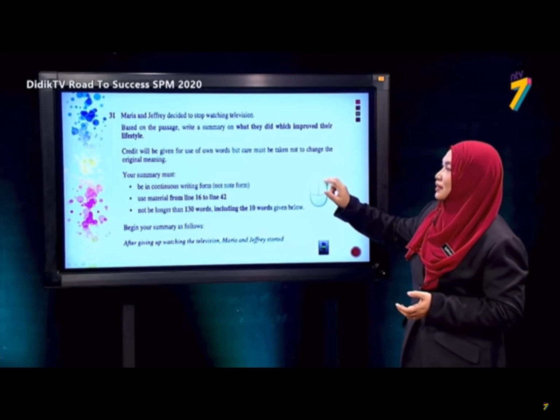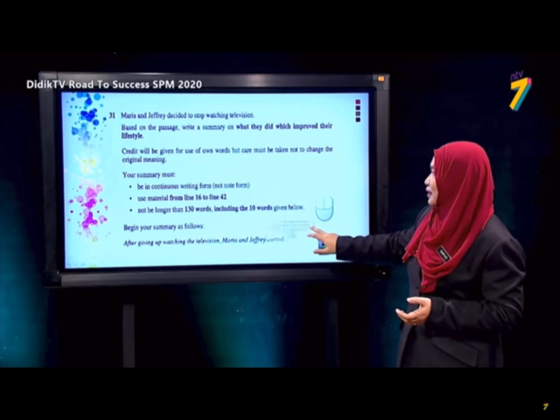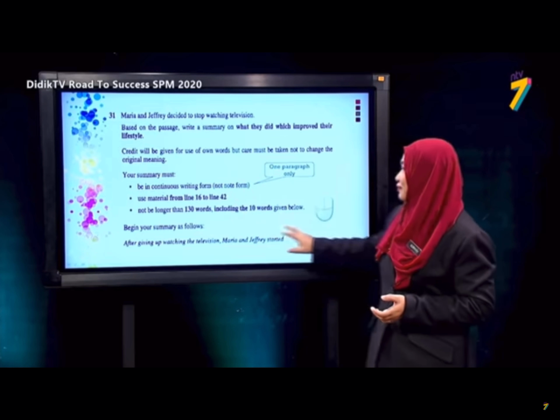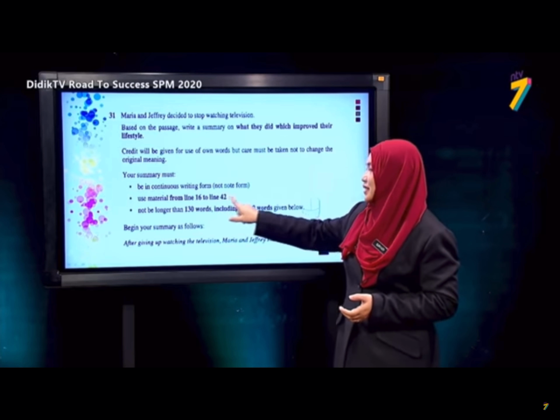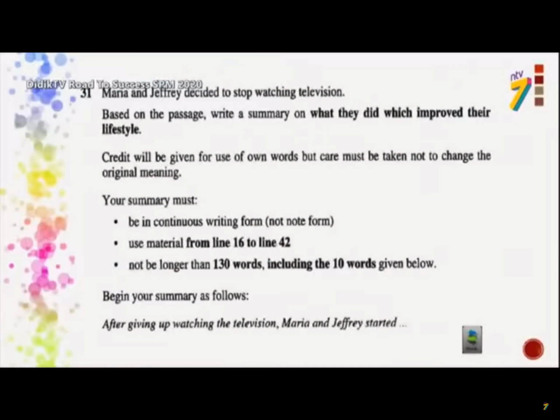So this is the question. We are going to apply BOSIA here. Remember, 1 paragraph. You can only find materials from line 16 to 42. So you have to know this is the area that you need to focus on. You cannot find anything before 16 or after 42. What happens if you accidentally took any points from line 15? Our point is wrong,